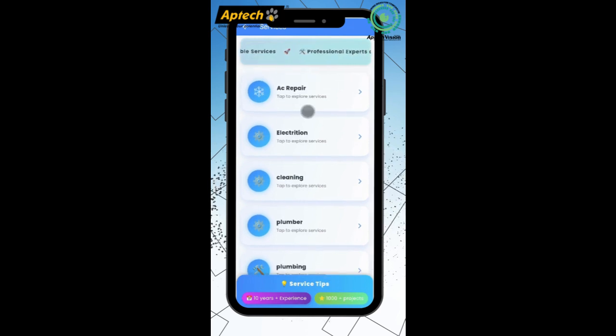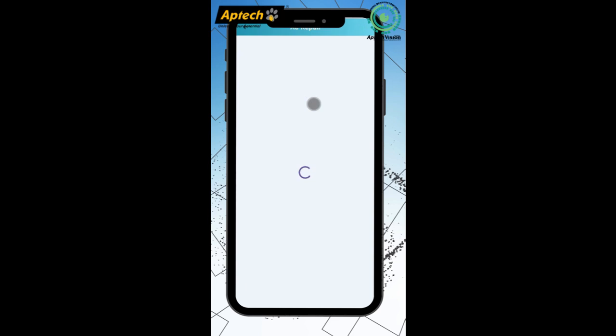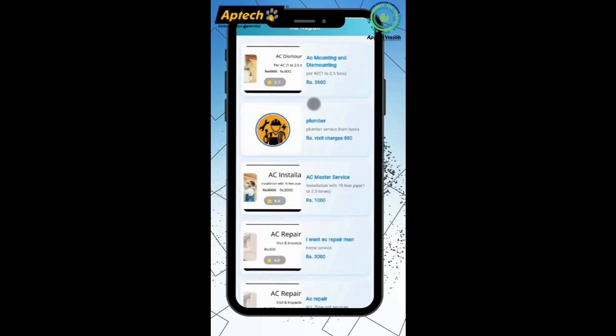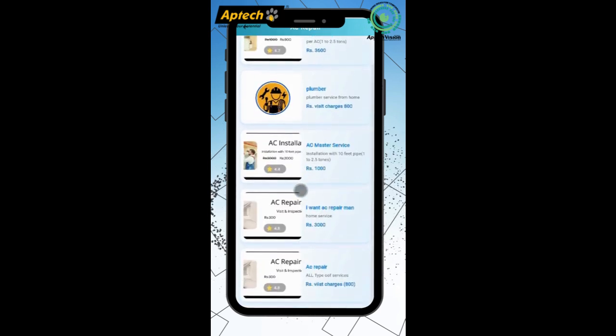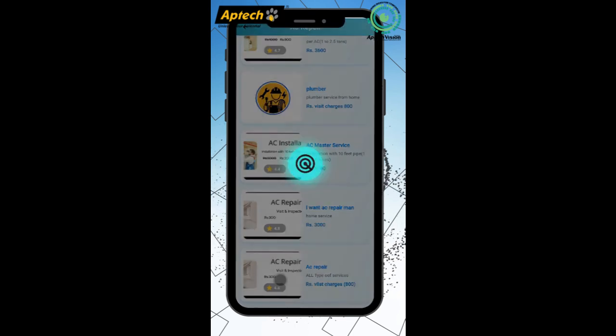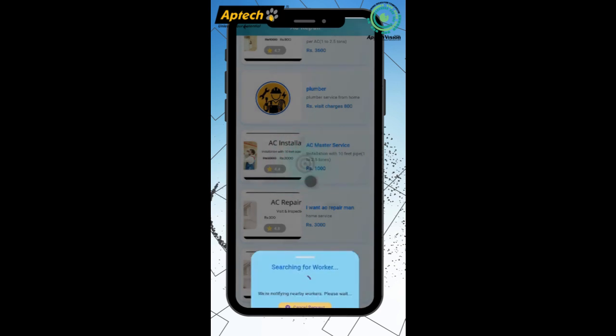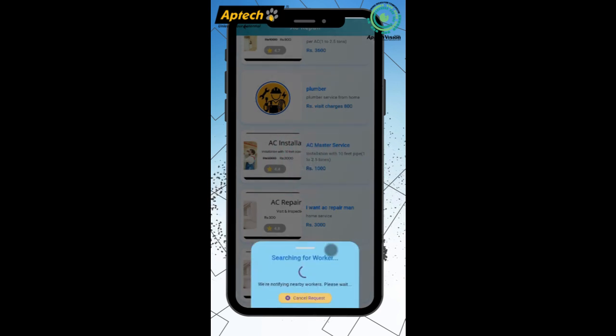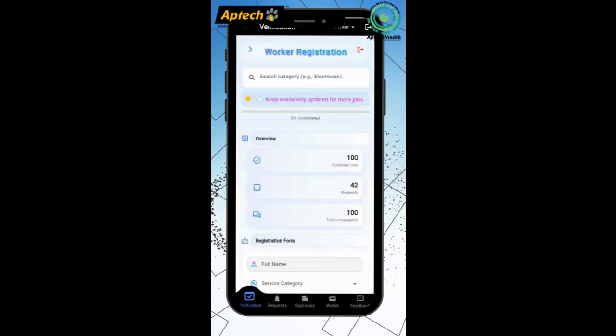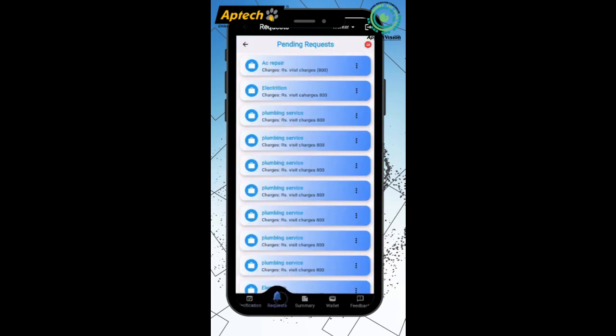Now I can select the service. When I click this AC repair service, you can see the radar animation open, and the user also searches for a worker. Now I can open the worker panel. You can see here is the worker panel, and when I tap the request tab,